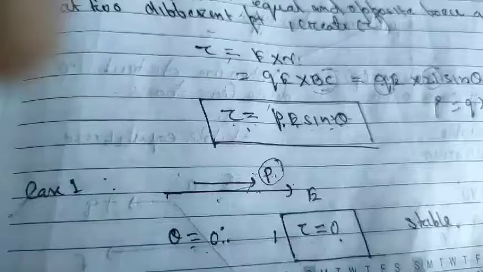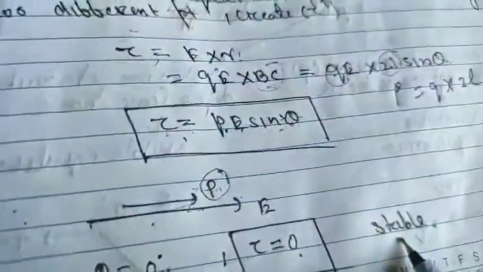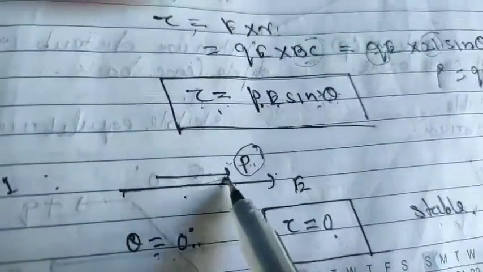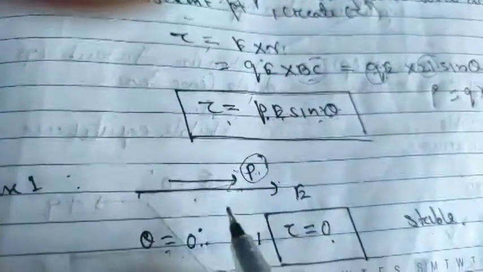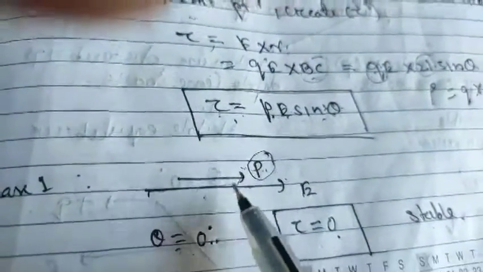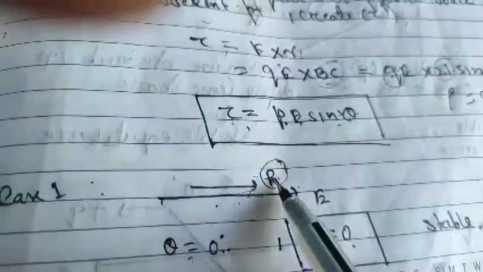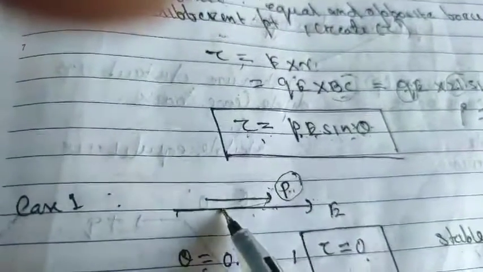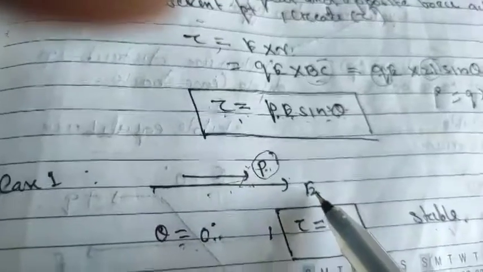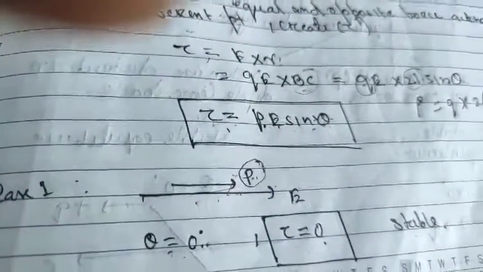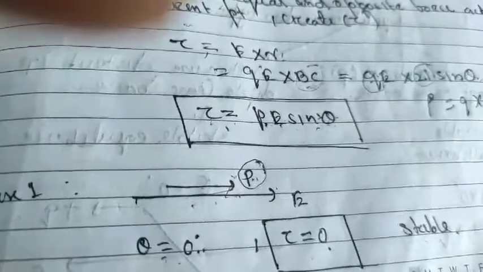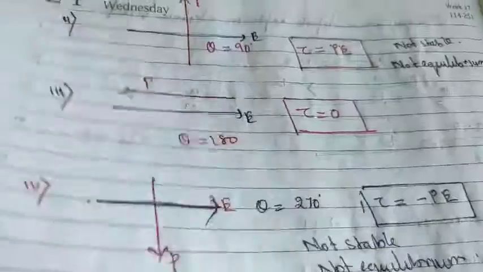Clear to you? And one thing I will tell you, why it is known as stable, student. Means what? Once the dipole moves, what happens? It can regain its position. That is the basic thing. Once the dipole moves, again when you rotate it, it will regain its position. That's why we can say it is in stable equilibrium, or you can say torque is stable.